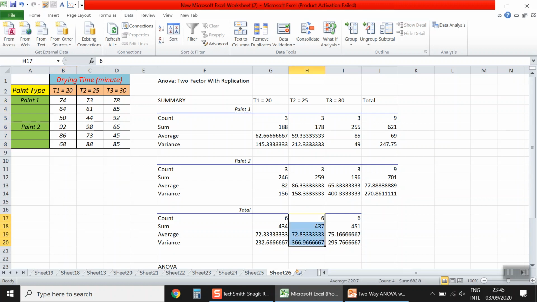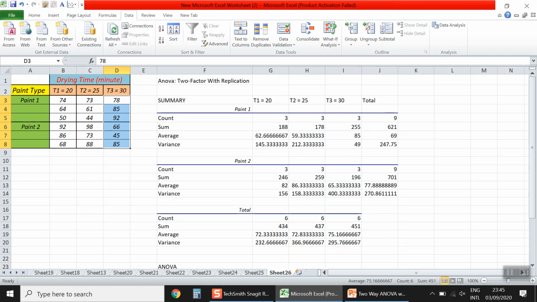These records here is belonging to the second drying time, which is 25 minutes. And the third results here is related to the third drying time, which is 30 minutes. So these are some statistical summary for the